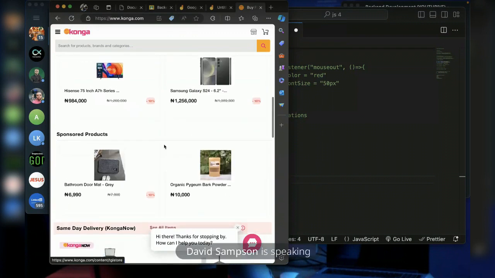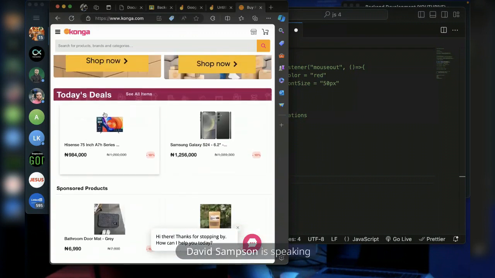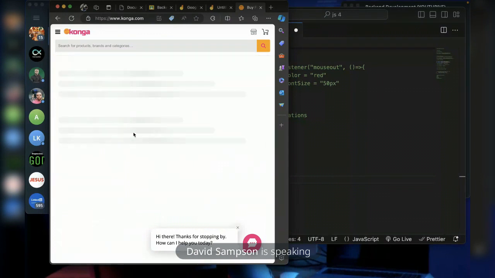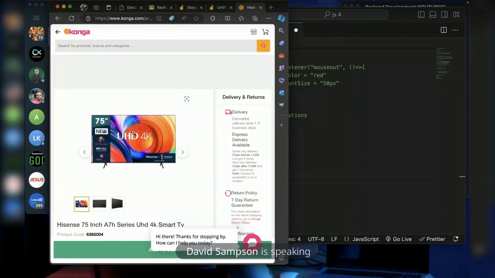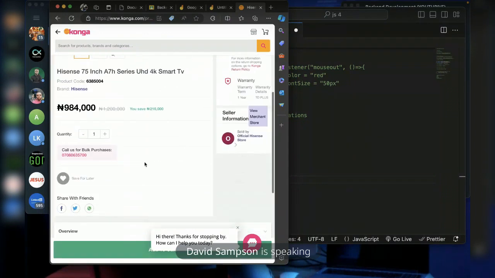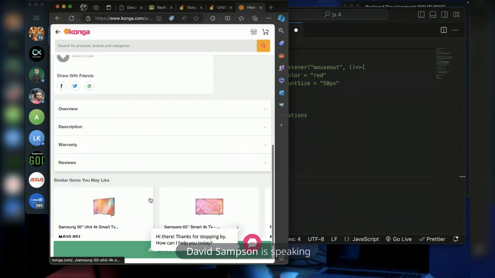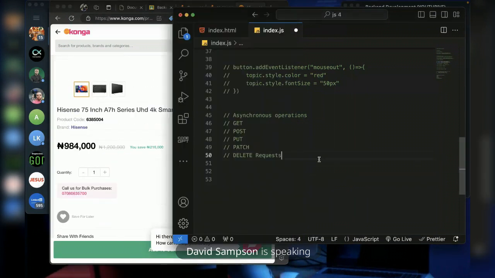Now, the next type of request is you might want to see the details about only this one. So you click on this one, you've made another request, but that request is just for this particular item. It takes a while to come back, and then it's back, and now you have information about this particular item.